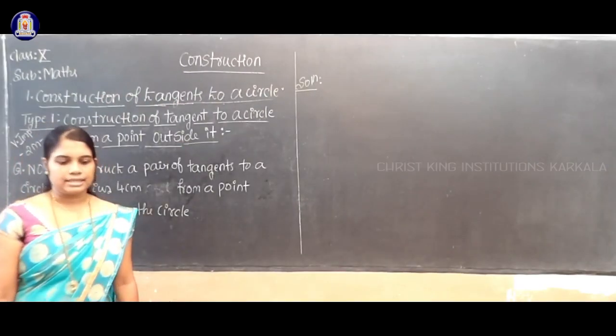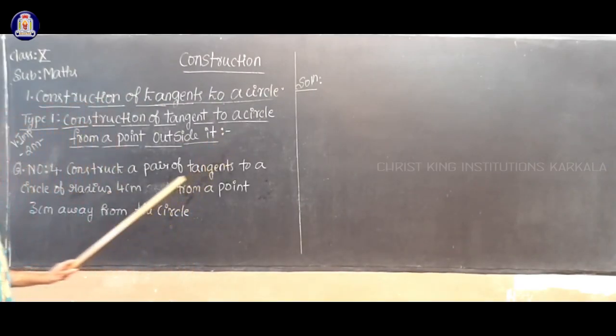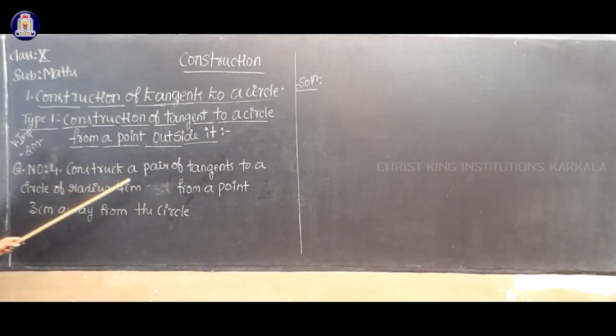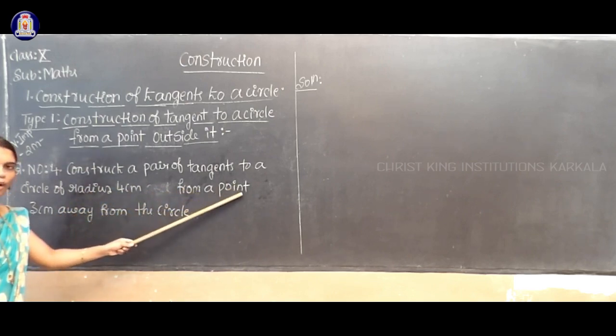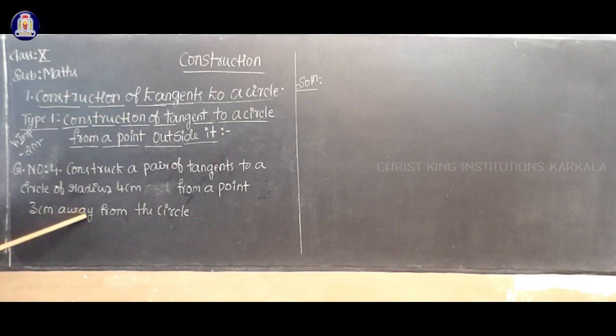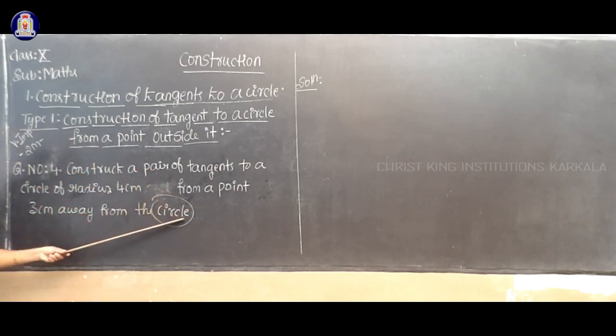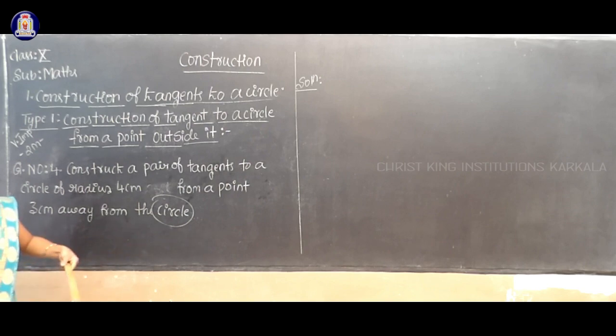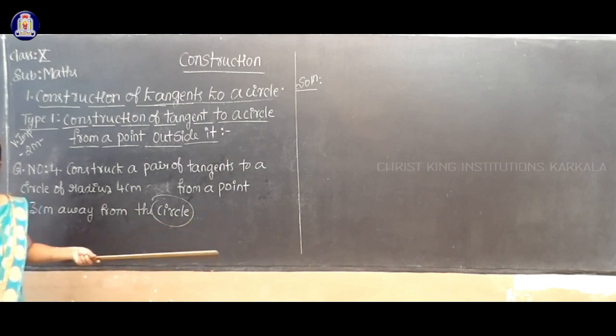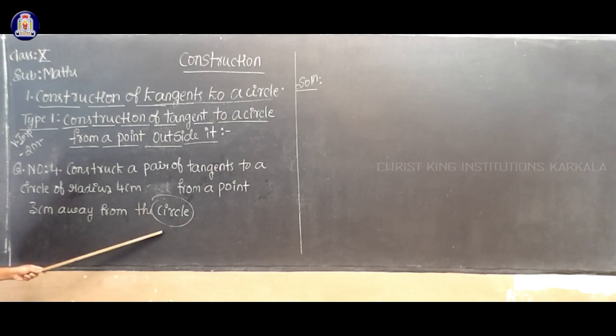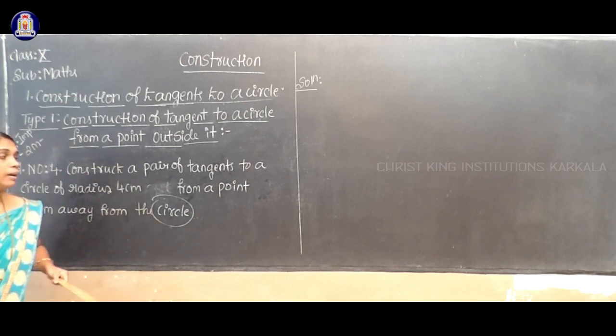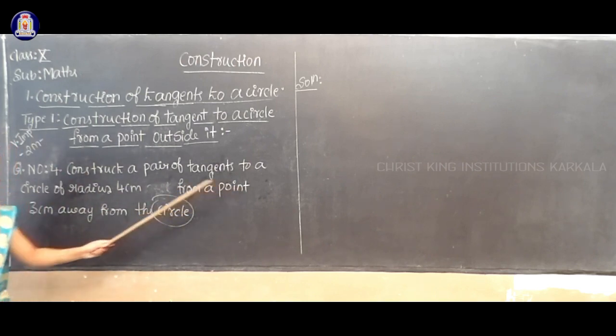So the next question I will consider. Next question, question number 4. Construct a pair of tangents to a circle of radius 4 cm from a point 3 cm away from the circle. Okay. See, this is important. 3 cm away from the circle. But in the previous question you had some 4 cm or 5 cm or 12 cm away from the center of the circle in your previous problem, isn't it? But here they have given you how to take a point that